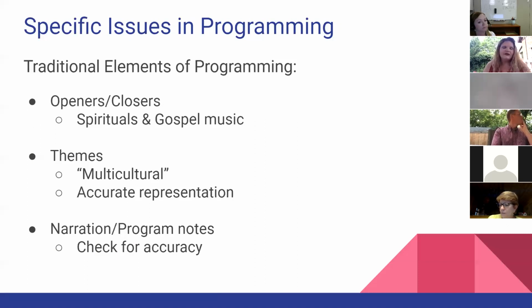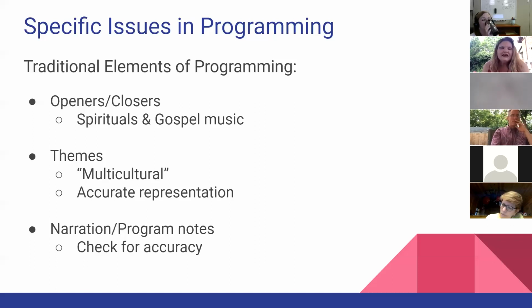And I'm guilty of this when I taught high school. We would do a multicultural concert every December. It was December around the world. So we took the focus off of a holiday. We took the focus off of sacred music. But by simply programming a concert of multicultural music and then not doing that the rest of the year, we're not really integrating that music as something that's important for what we do every day. And so it's important to think about how we represent themes in our programming as well, and then make sure we're representing things accurately when we do that.